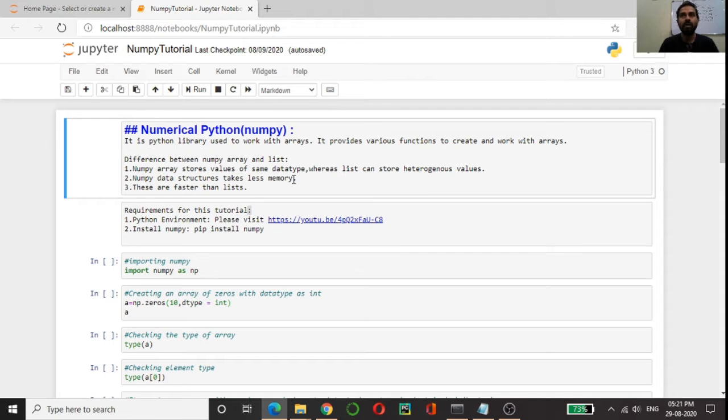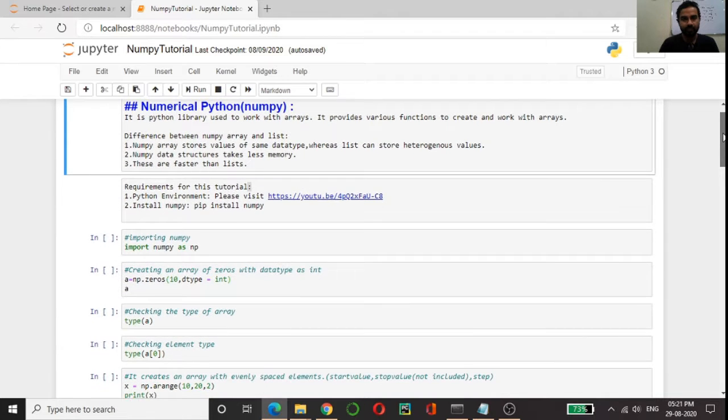And also NumPy arrays are more efficient, they take less memory for storage, and they are faster than lists. So this is the difference between NumPy arrays and lists.